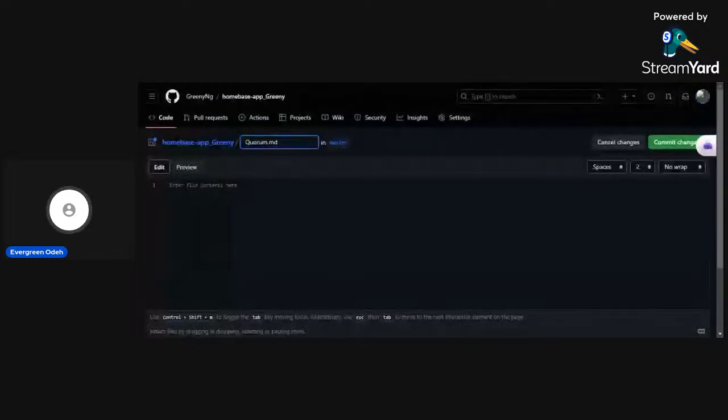Now this md turns this file into a markdown file. Whatever you name your file determines what the file is. So if it were .html or .css. In my case, since I want to create a text file and insert the link to my contribution in here, I would need a markdown file.